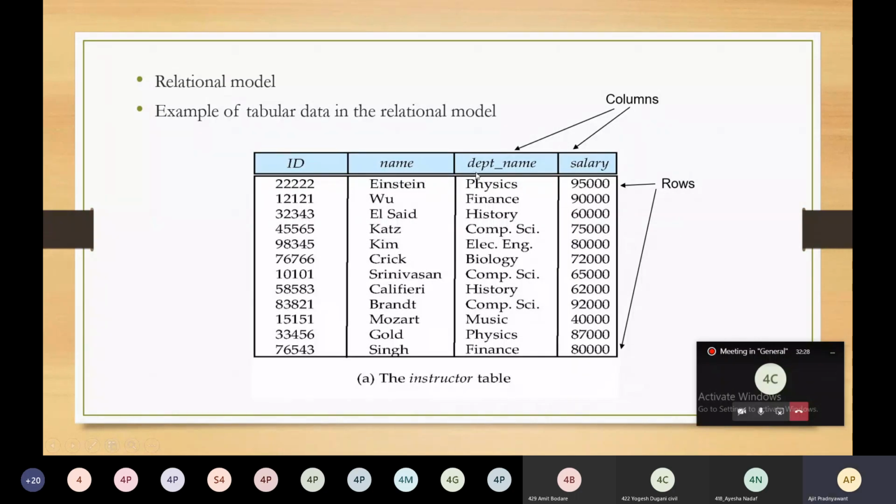The third column is department name, wherein we are going to store the department name. And next is salary, wherein we are going to store the salary. So this table is called a relational table, or simply a relation.